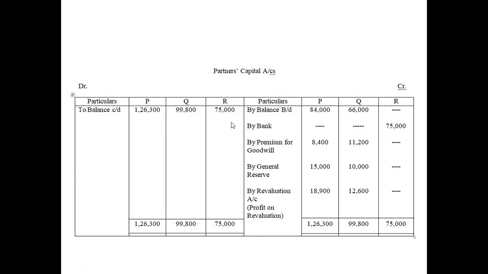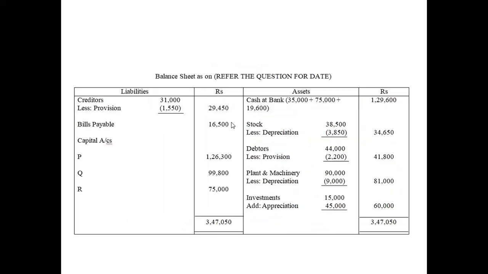Okay, now let us move on to balance sheet. Now preparing balance sheet is very simple. Okay, you just have to follow the same pattern that is given in the question. Okay, so the cash at bank is 35,000 plus 75,000 plus 19,600. This 35,000 is the existing balance which is here in the question. 75,000 is the amount of capital that is brought in by R, and 19,600 is the amount of premium for goodwill. Okay, stock will be depreciated by